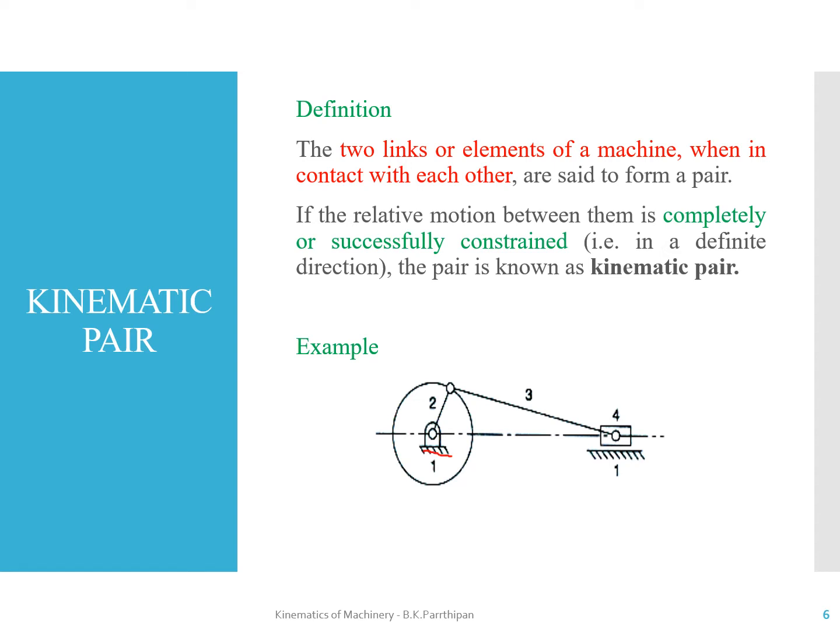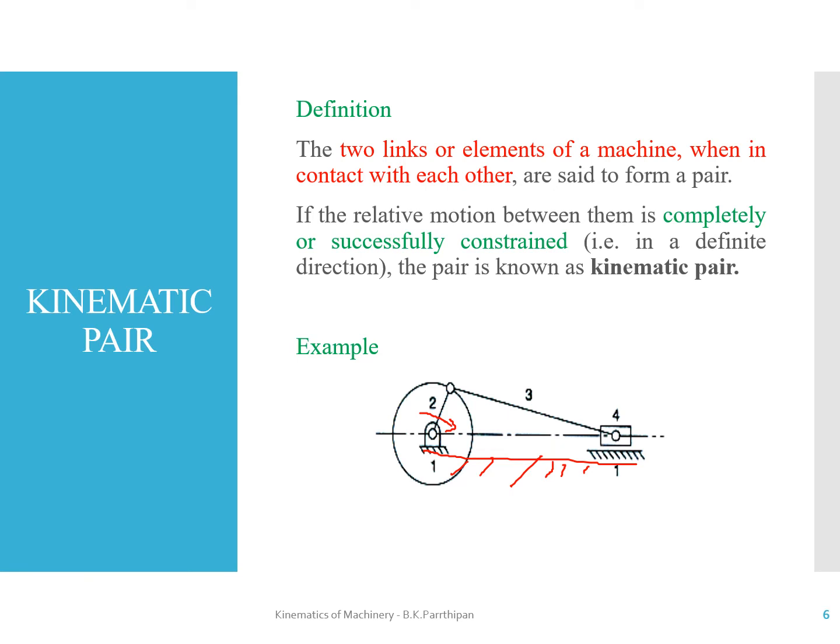It is having four links. So this is the first one. This first one is nothing but a frame that is assumed to be a fixed link. And the second one, this is the crank. It is going to rotate in a clockwise or anti-clockwise direction. Now the third component is the connecting rod, which is going to produce an oscillating motion. And this fourth component is a slider, which is going to produce a sliding motion.